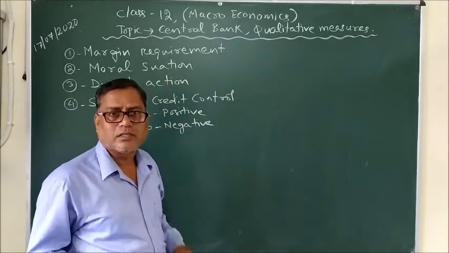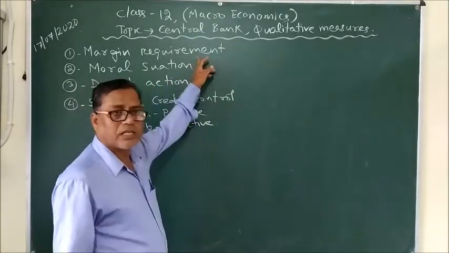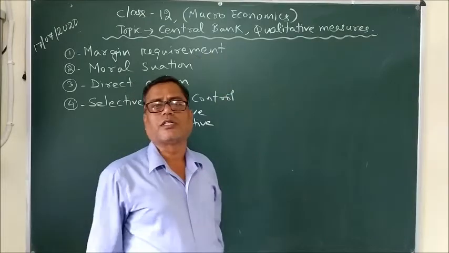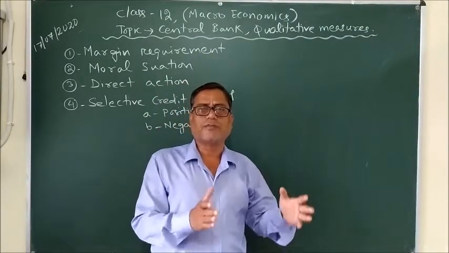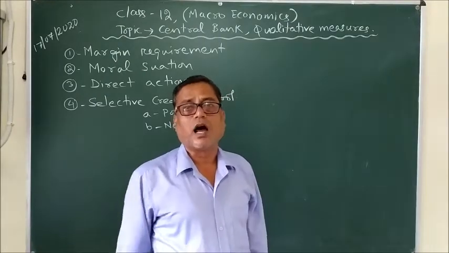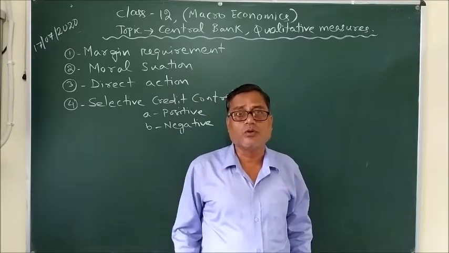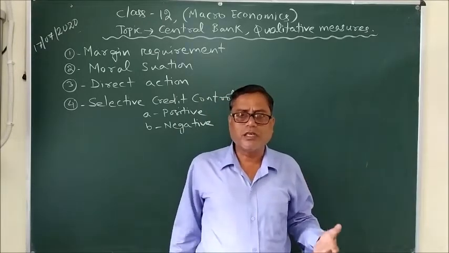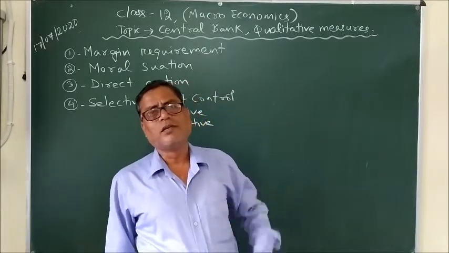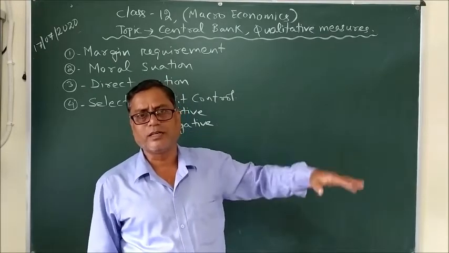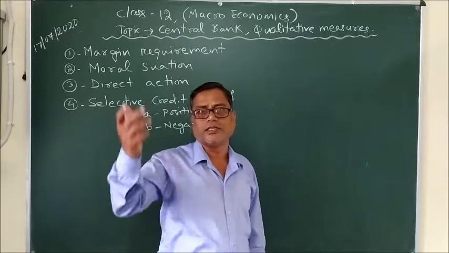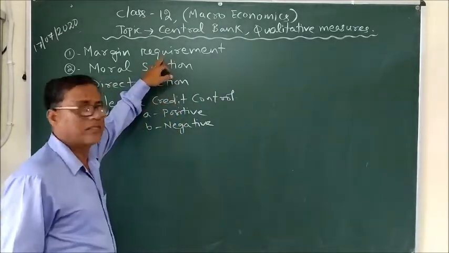In order to achieve that goal, the central bank would reduce the margin requirement. Suppose the central bank reduced the margin requirement from 20% to 10%. That means out of security worth 100 rupees, now the investor will get a loan up to 90 rupees. So obviously the investor would be encouraged, and he would take a loan and invest. So the level of investment, income, employment, and purchasing power, and ultimately the aggregate level of demand, would rise in the economy. So that is the importance of margin requirement.